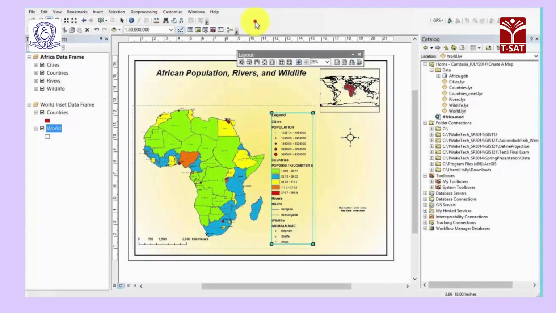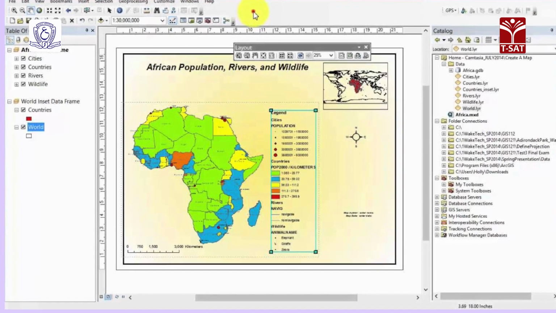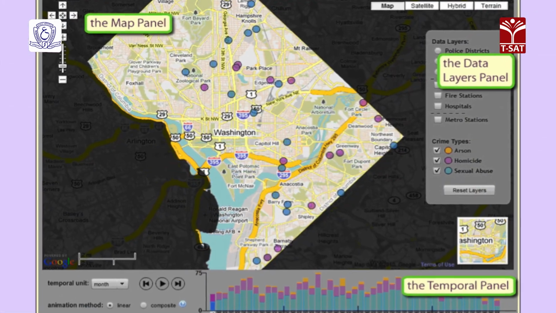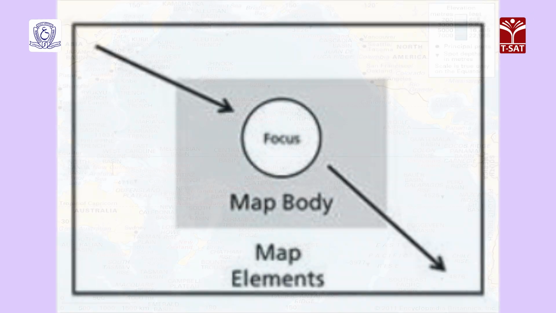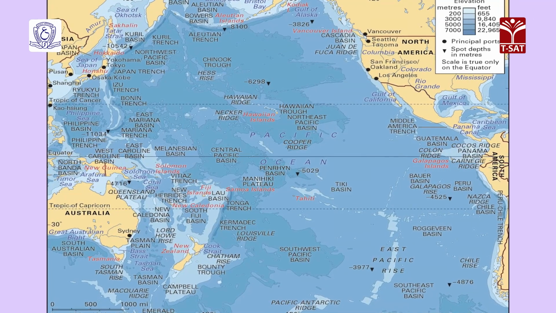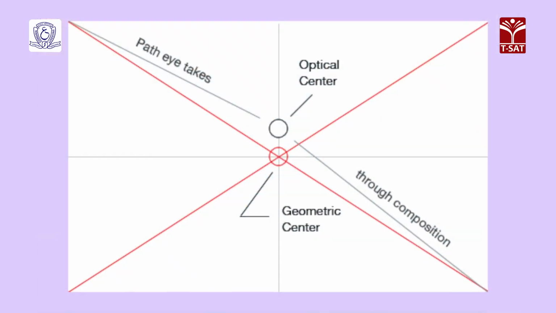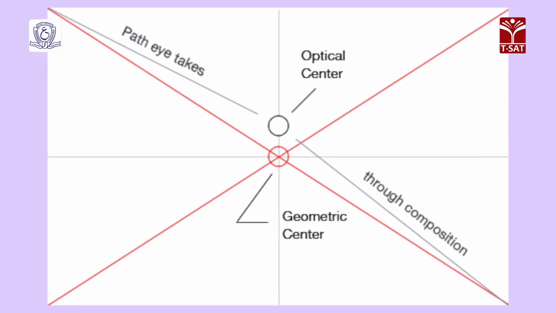Layout, or planar organization, deals with the arrangement and composition of various map elements. Major concerns with layout are focus, order and balance. A thematic map should have a clear focus, which is usually the map body or a part of the map body. To draw the map reader's attention, the focal element should be placed near the optical center, just above the map's geometric center. The focal element should be differentiated from other map elements by contrasting line with texture, value, detail